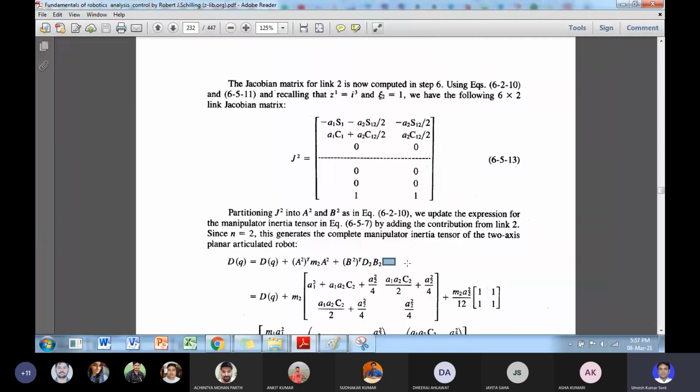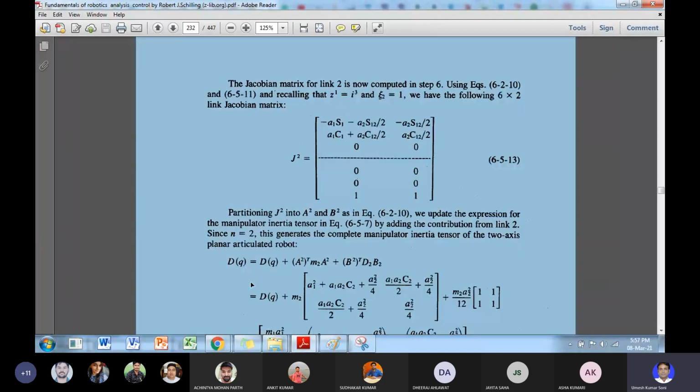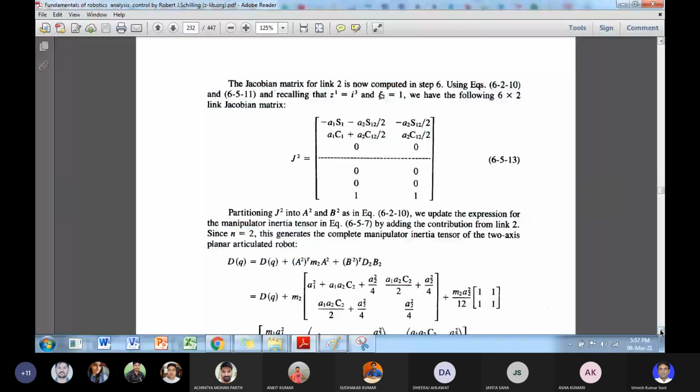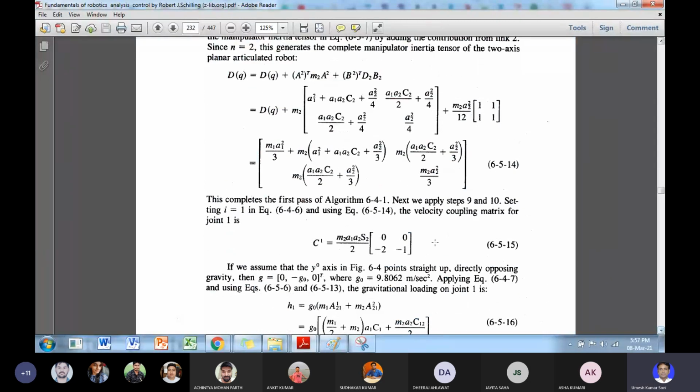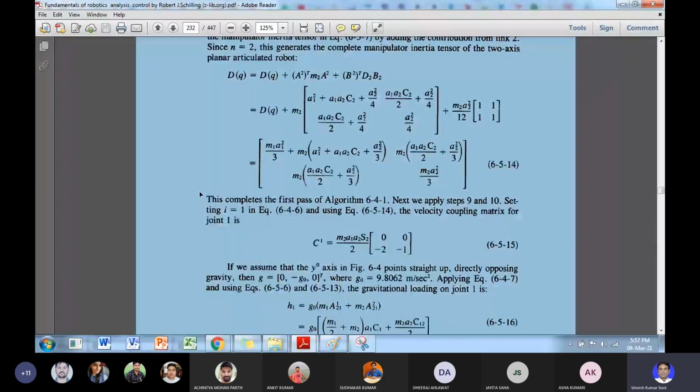So in these two equations we will completely add, and you will finally get the complete inertia for links 1 and 2 represented in the base frame L0. Okay, from here I will discuss the algorithm, section 9, later in the next lectures.